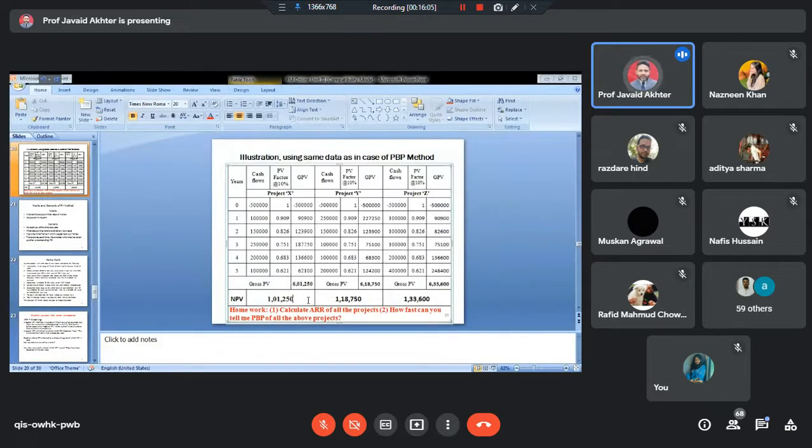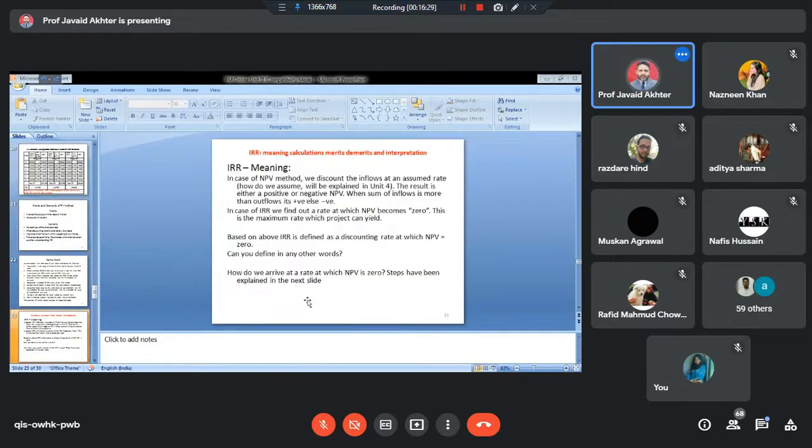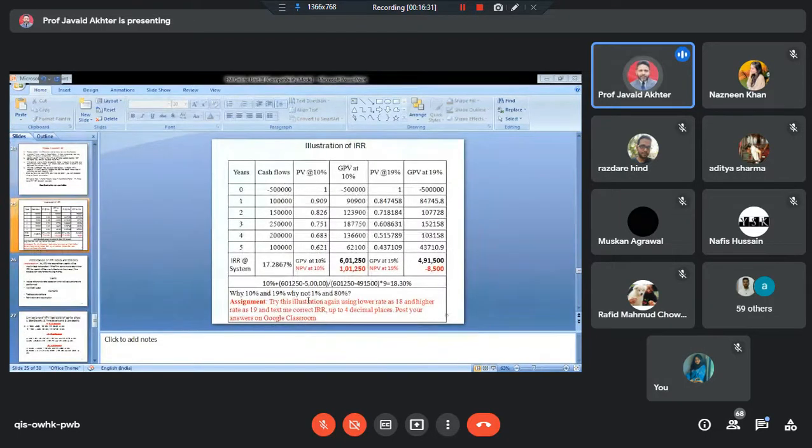If you are doing it with a calculator, which naturally you should have, it should take you somewhere between 15 to 20 minutes. If you can do it faster, nothing like it. So calculate later on, if not now, IRR of project Y and also IRR of project Z. If you still need help, I am available to clarify. Once we have done that, I'll explain more about IRR.